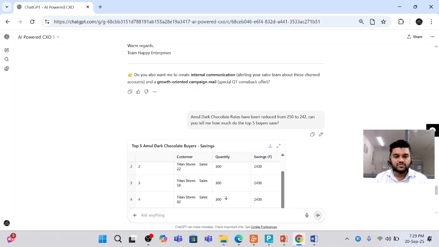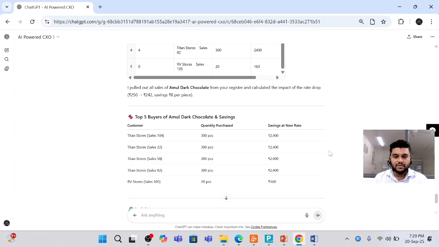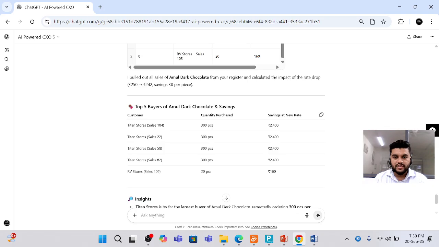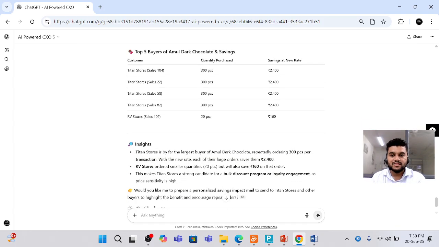So if you've realized, we have saved 8 rupees, right? 250 to 242. So it's telling me these are the top 5 buyers. Titan Stores, Sales 104, Titan Stores, RV Stores, Sales 105. So these are the store names. There are multiple Titan stores that we're supplying to, and these are the quantities they've bought. And here are the savings, right? So 300 into 8 is 2400. 20 into 8 is 160. So like this, we have